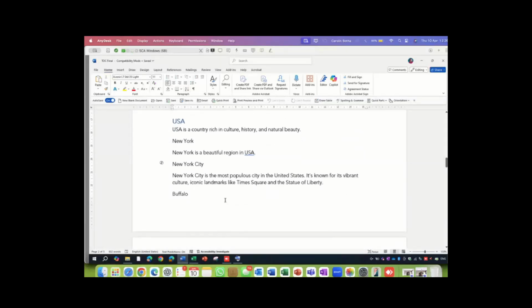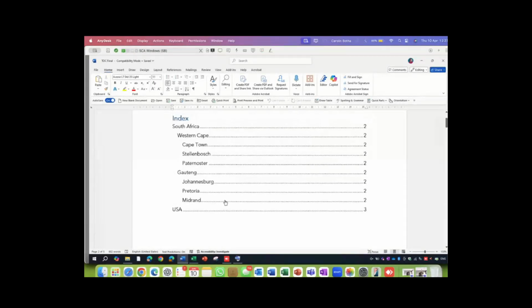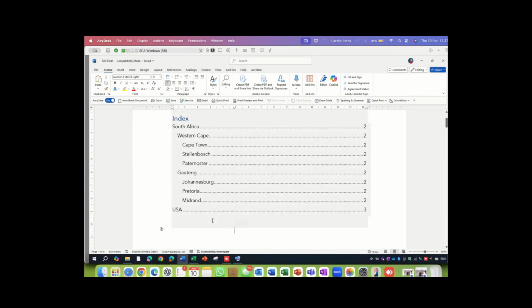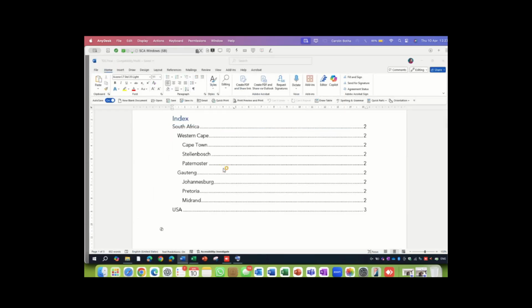So I'm going to show you in this document, a blank one, how you can create a table of contents, which is most probably also quite intelligent, without doing a lot. Just easy peasy, create a table of content. So let me go for the table of content master. Before I do that, I just want to make a copy so that I don't fiddle with my original. So here we go. How do I do that?